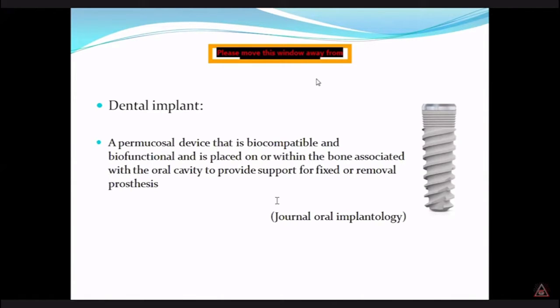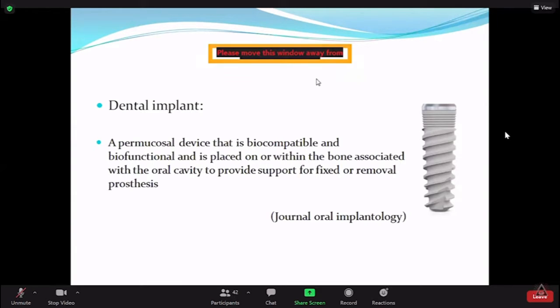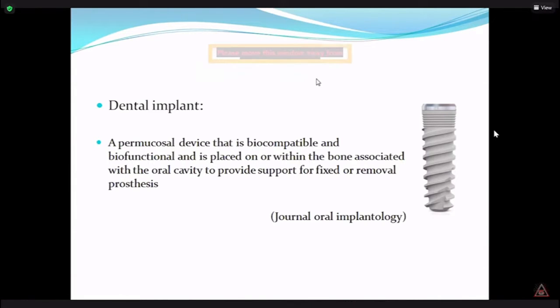So what is dental implant? It is a permucosal device. So permucosal means it is usually placed on the gingiva into the alveolar bone. So usually alveolar bone which is covered by your mucosa, that is gingiva. So it is a permucosal device that is biocompatible. So it should be biocompatible and biofunctional. So after placing implant, it should function as well